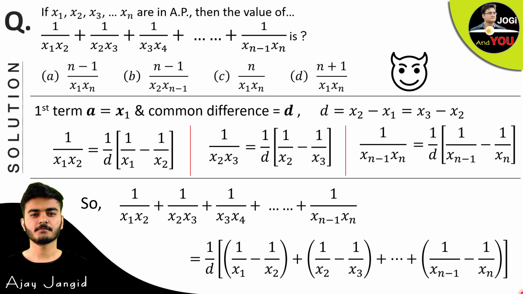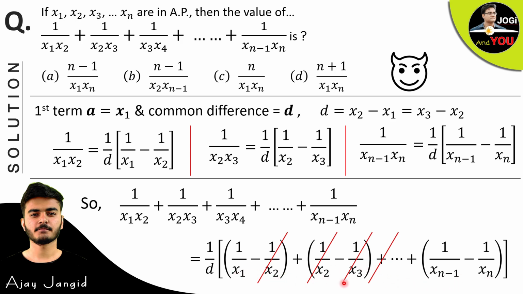Here, why do we place this 1 upon d outside the bracket? Because we have 1 upon d in every term, so we took it as common. See these both terms, they will be cancelled with each other because both are same. One is negative and the second is positive. So we cancel out both and similarly, this term will also cancel out, but you will say, where is this term? And for that, see the sequence.